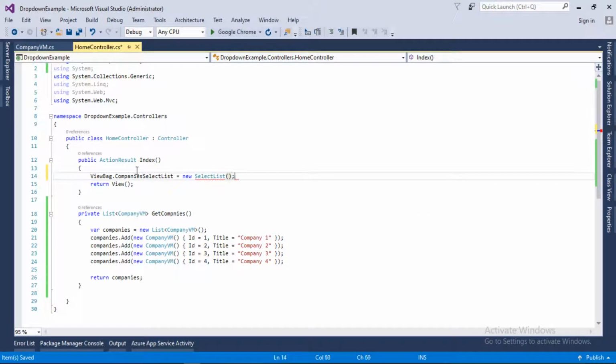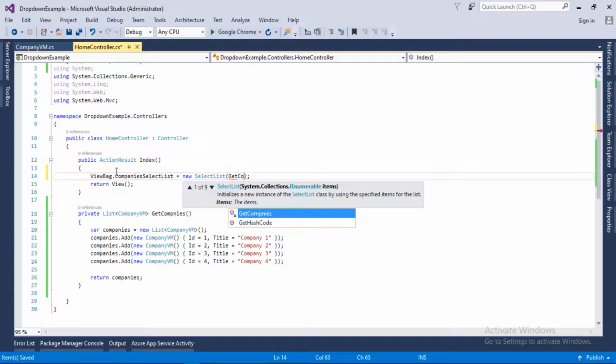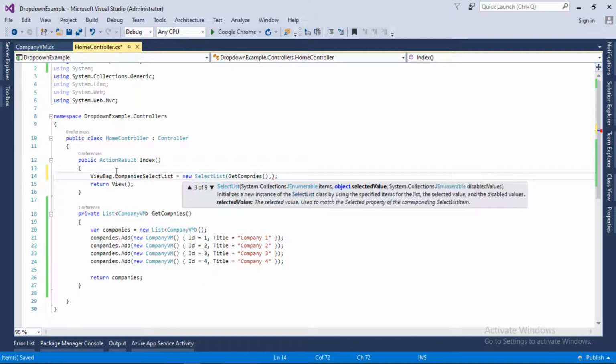And here in this SelectList, as you can see, we need to pass the items. So we will get the companies from our method GetCompanies, and for the second one we have different overloaded functions. We need to use this one, with data value field and data text field.